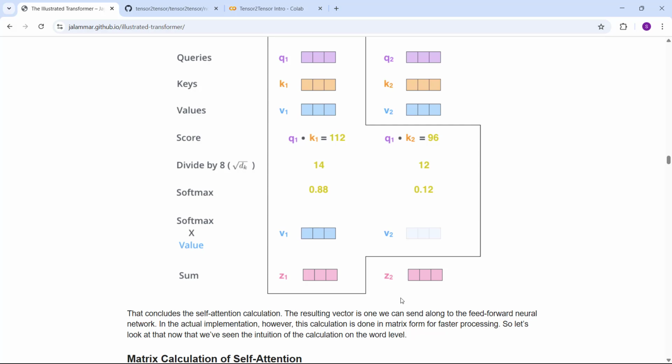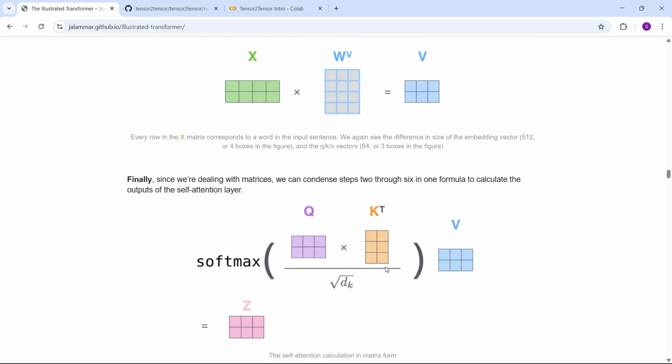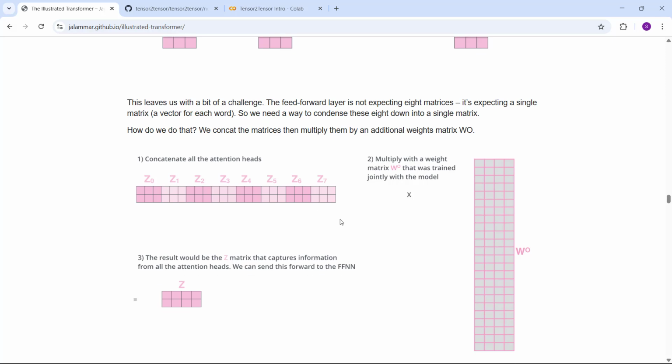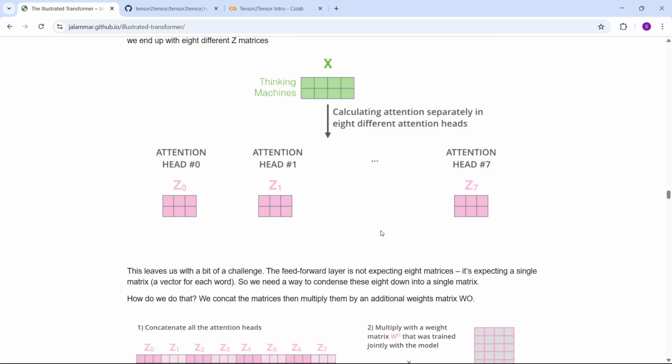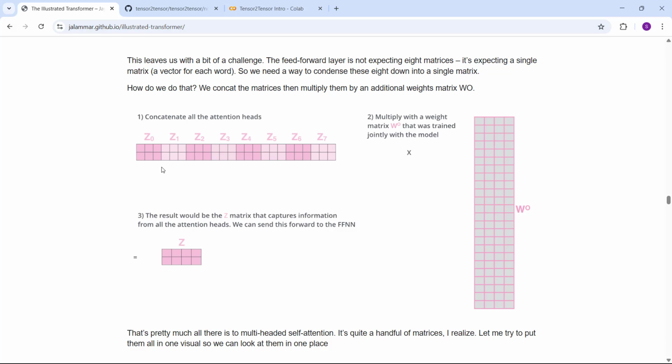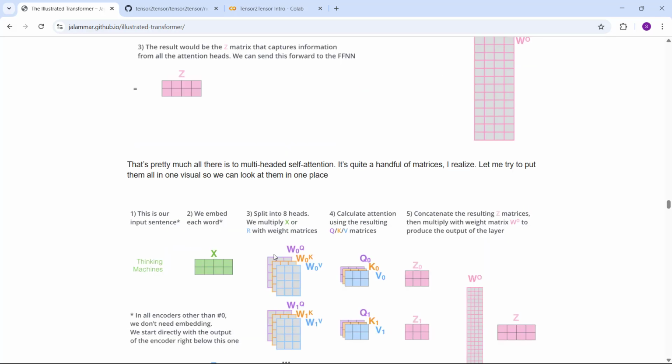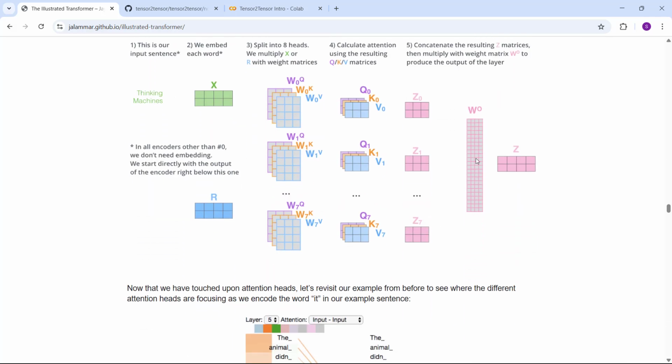So we did this for one head. This paper says we need to do it 8 times, so that is for the multi-head. Then we calculate all the attention scores, Z0, Z1, and so on up to Z7. This is how we calculate it. It is a multi-dimensional array, so we flatten it by multiplying with the weights W0 and pass it to ANN, because ANN allows only vector form but not matrix form. That is how we calculate the final attention for the multi-head.